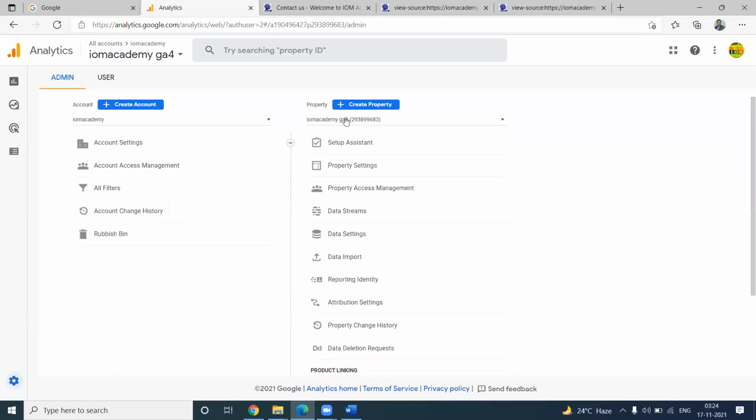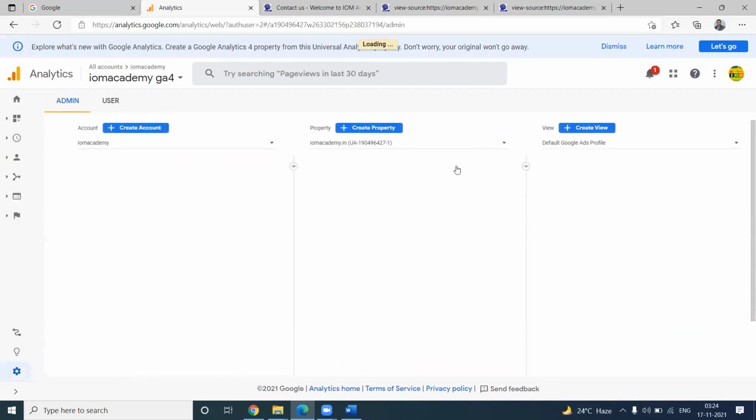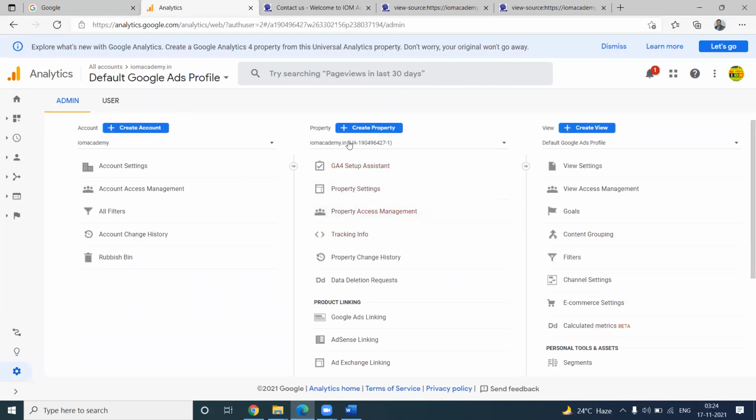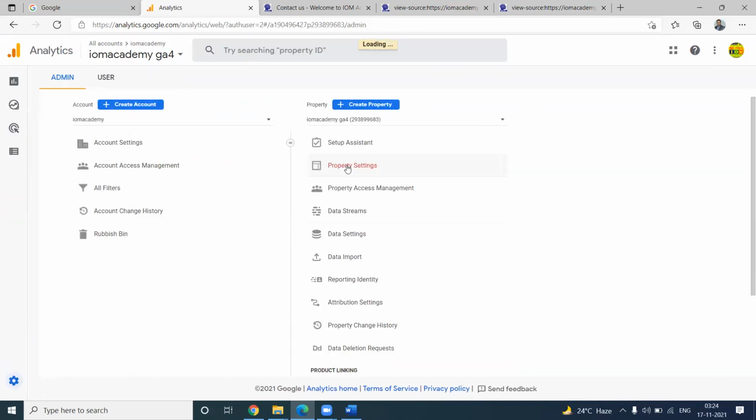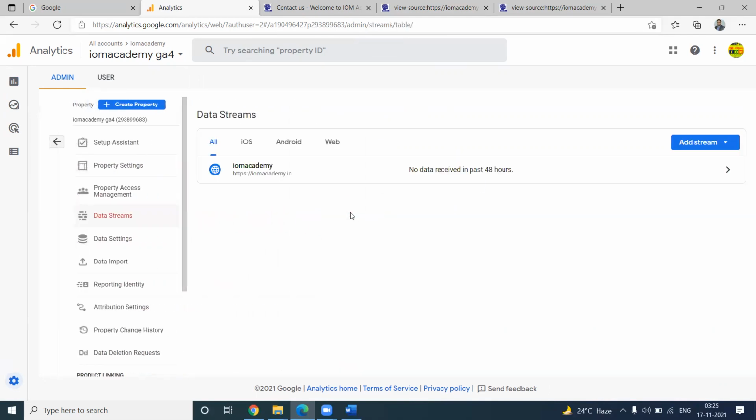We can apply for the two options. For the simple option, universal, there are a lot of differences. In universal, this is the tracking code. But coming to GA4, it is completely different. We can go to data stream, create the stream option, and everything we click, the information will be here.